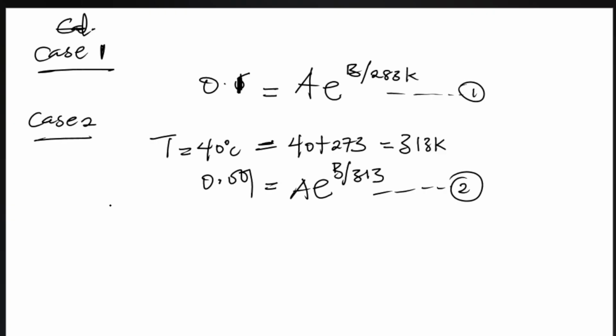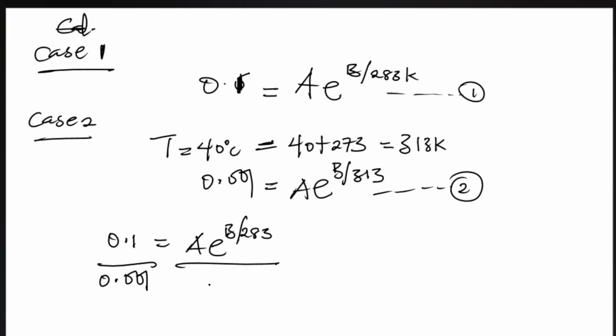Solving both equations simultaneously, we are going to divide equation 2 by equation 1, such that we'll have this to be 0.1, and this will be equal to a exponential B divided by 283, and this will be dividing 0.001. Here you'll be dividing this with a exponential B divided by 313. Are we together? Now the concept is to keep this to be B multiplied by 1 over